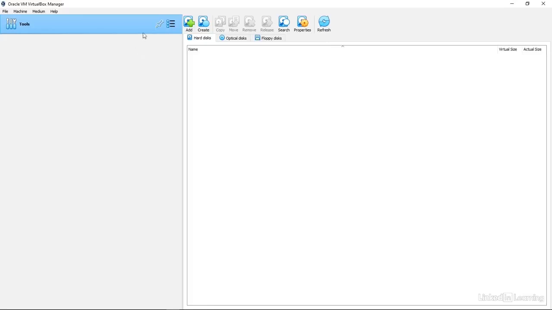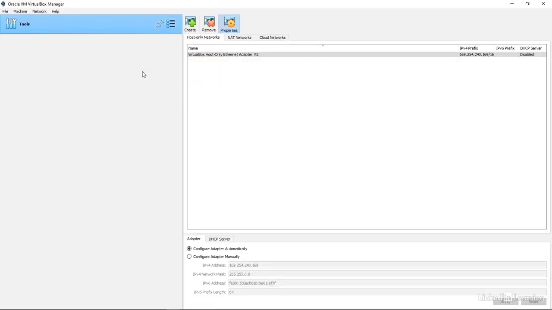installed yet. The Host Network Manager is the next tool, and this allows us to set our networking configuration. We can operate our virtual machines using one of three types of network. The host-only network allows VMs to connect to other VMs, but not to connect to any systems outside of the host-only network. Here we have a host-only network set up with VirtualBox having the network address 169.254.240.169 and with a network submask of 255.255.0.0, which means our VMs can be assigned addresses in the Class B subnet starting